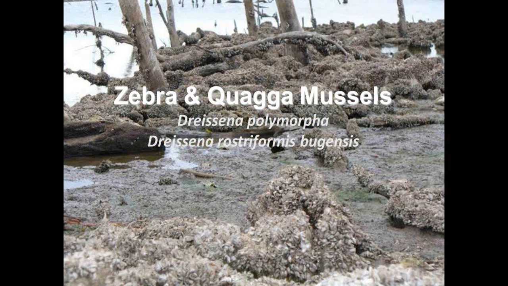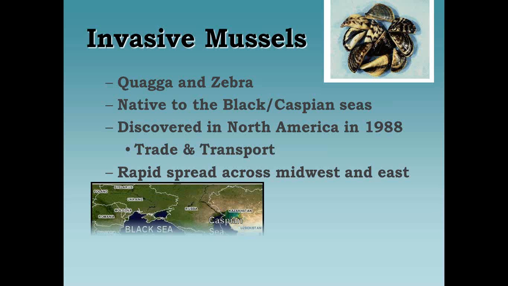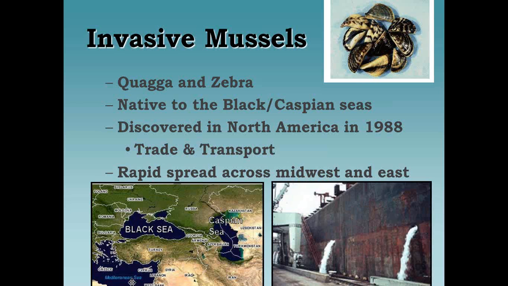So the species we're really going to focus on is these quagga and zebra mussels. You could think of them as cousins. Everyone's kind of heard of the zebra mussel, but the quaggas, you could think of as the more adaptable evil cousin that probably poses more of a risk to us because they're found in colder water, in deeper water, and can handle a lot of different kinds of water quality parameters. In this photo, this is in Kansas at a reservoir. They lowered the water down, and you actually see the mussels attaching to trees and rocks and any kind of substrate there. So very, very quick reproduction, and they do tend to colonize on top of each other like that.